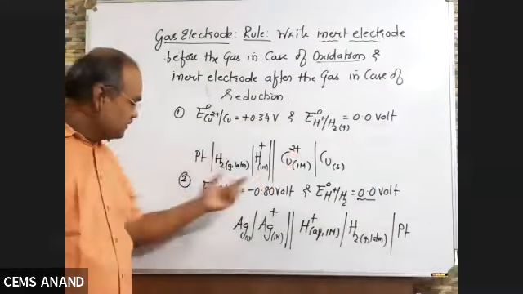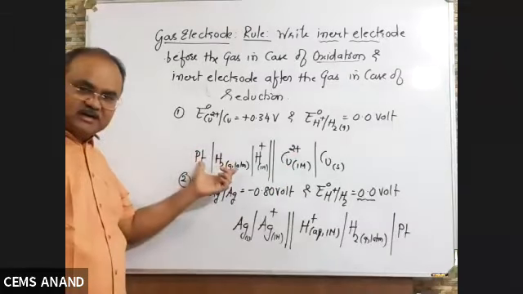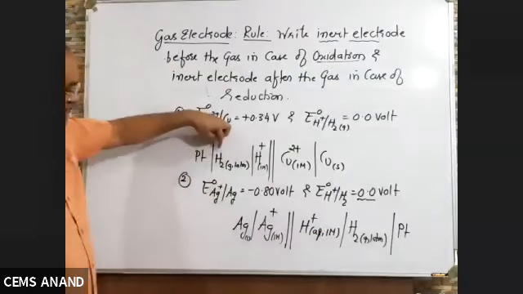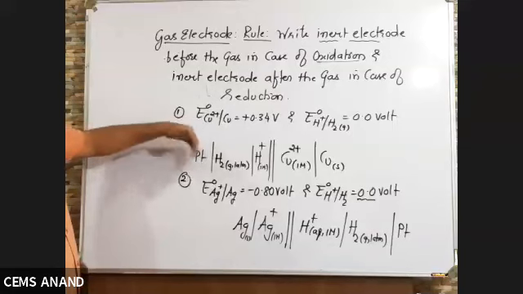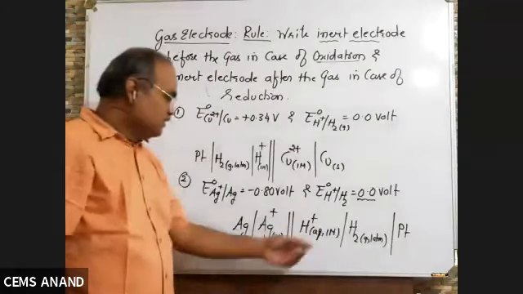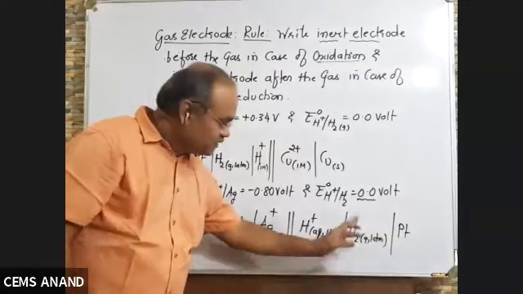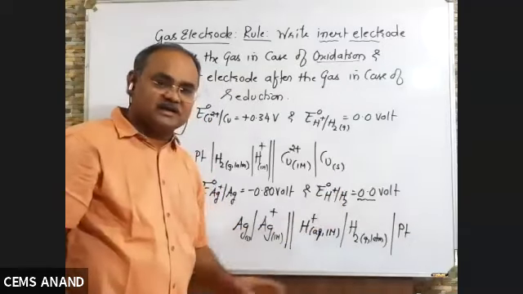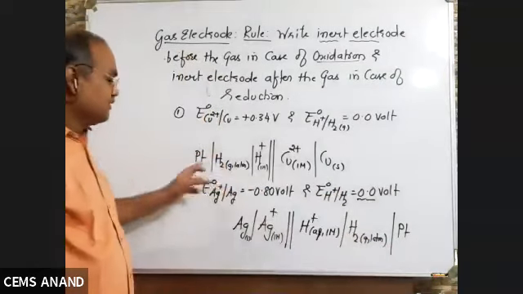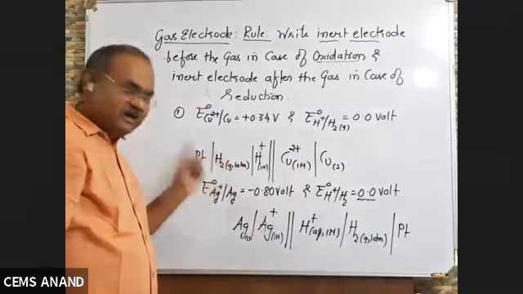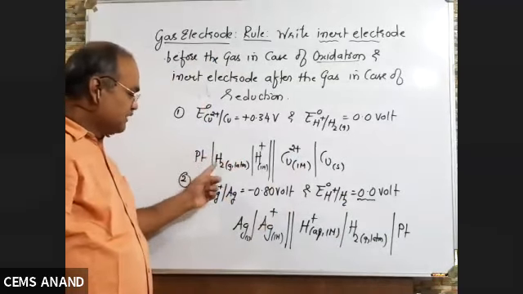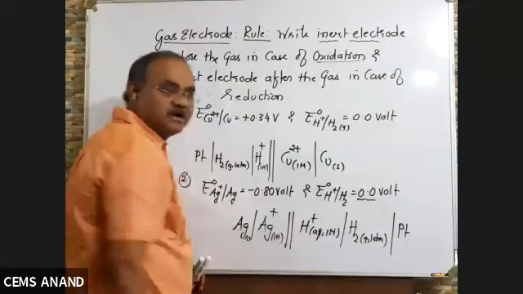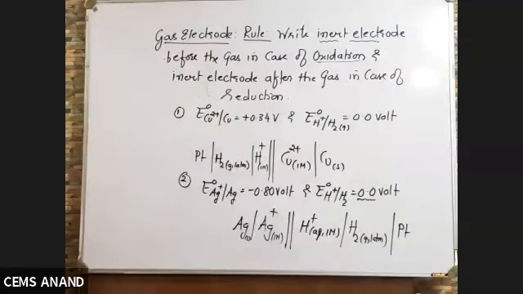The hole is not a gas electrode. In this case, hydrogen is a gas electrode, half cell. But you can see when hydrogen is acting as anode, I have placed platinum before H2, right? According to the rule. Here hydrogen electrode is acting as cathode, so I have written here platinum after H2. And yesterday we have discussed what is gas electrode. Gas electrode is nothing but inert electrode. It resembles like inert electrode. And that inert electrode, platinum, will provide the surface for hydrogen gas to undergo oxidation, and here hydrogen ion to undergo reduction. Now you can take a screenshot.